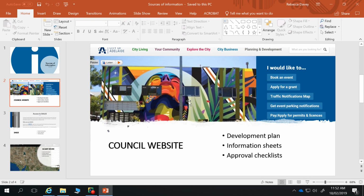But beyond that, you've got your council website with all of the information, or typically all of the information you need for making that submission. They want to provide you with all that information, so you're not phoning up duty planners all the time to get that. So, Adelaide City Council website where we're going to be going to is planning and development,